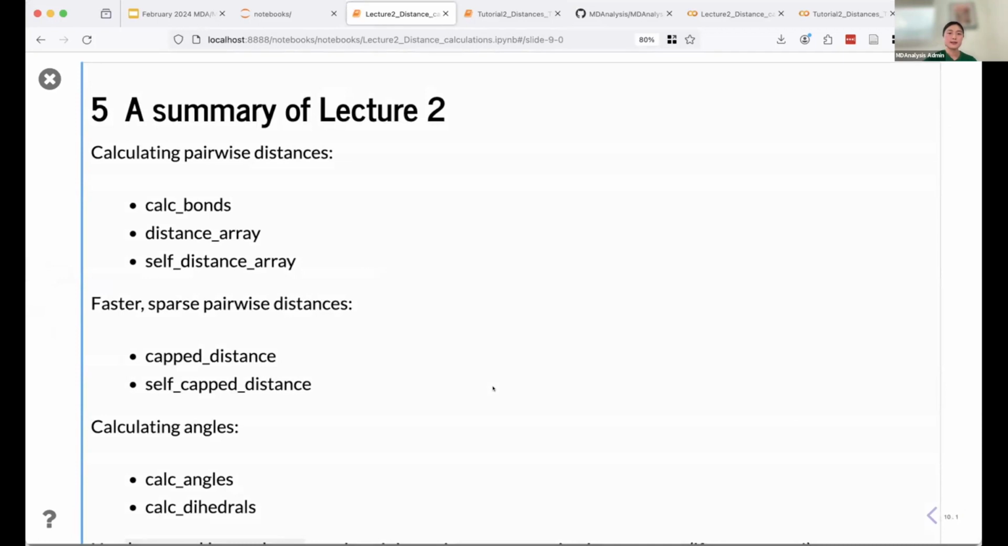So over this lecture, I've covered a few different distance functions that we can use in MDAnalysis: calc_bonds, distance_array, and self_distance_array for calculating distances. If you want more efficient distances, we can use the capped distance functions. And if you want angle functions, you can use calc_angles and calc_dihedrals. I guess we'll have a look at how to apply these in the tutorial section that also comes with